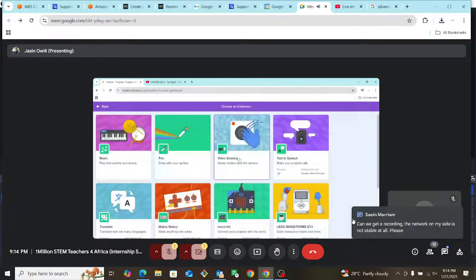You can also use this platform to code Makey Makey. You can code Microbit, you can code Lego.